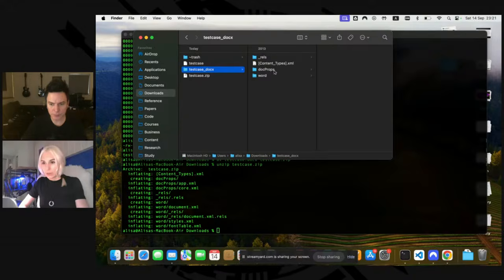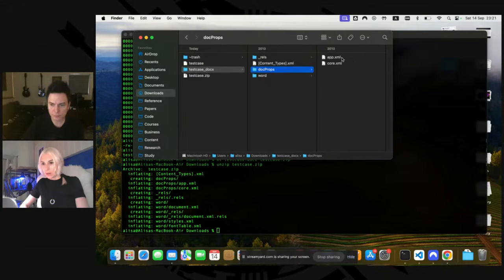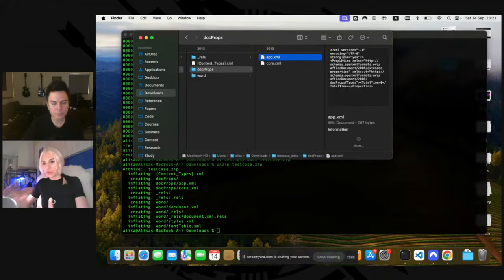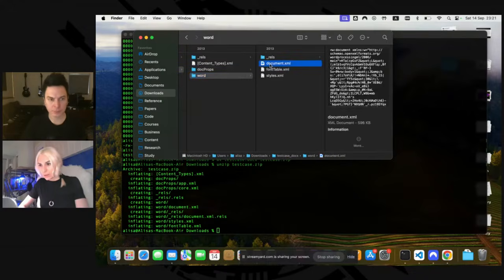So now looking at these files, there is a directory structure, and inside of it are XML files. This directory structure is well defined. It's contained in the specification. And by looking at this, I had the idea, what if I actually